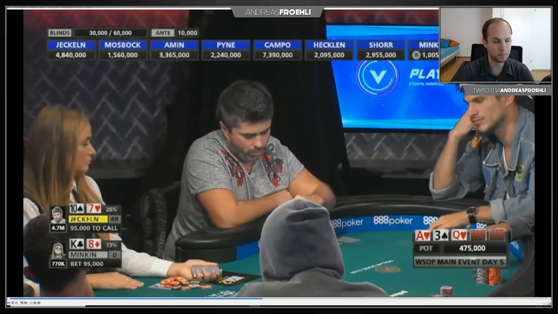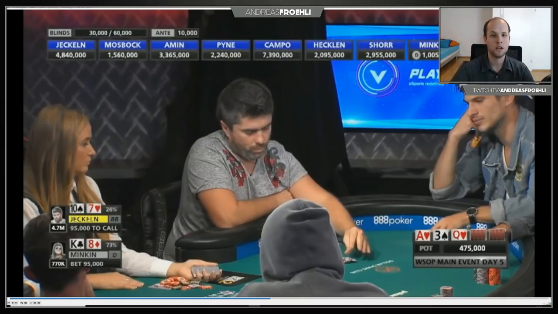Let's have a look what happened here. Minkin as a pre-flop raiser sees the flop of ace queen 3 with 2 hearts and figures that, okay, if her opponent had an ace here, he would have re-raised all in pre-flop given that they were only 15 big blinds deep. So she puts out a continuation bet of 95,000 into 380,000, which is exactly a quarter of the pot. Jacqueline, seeing this small continuation bet, very quickly check-raises it here to